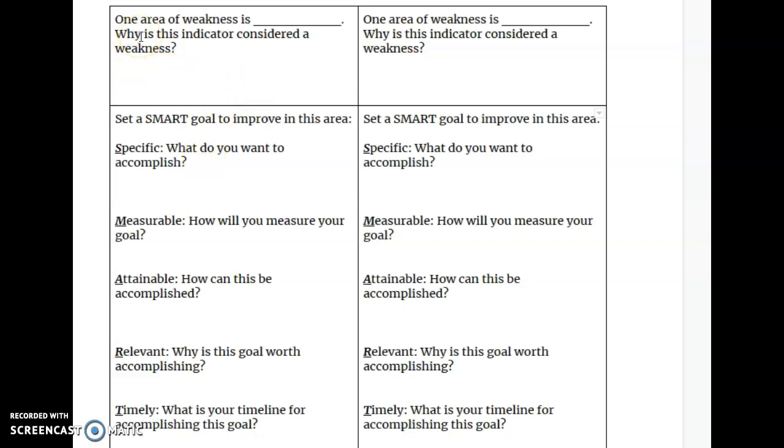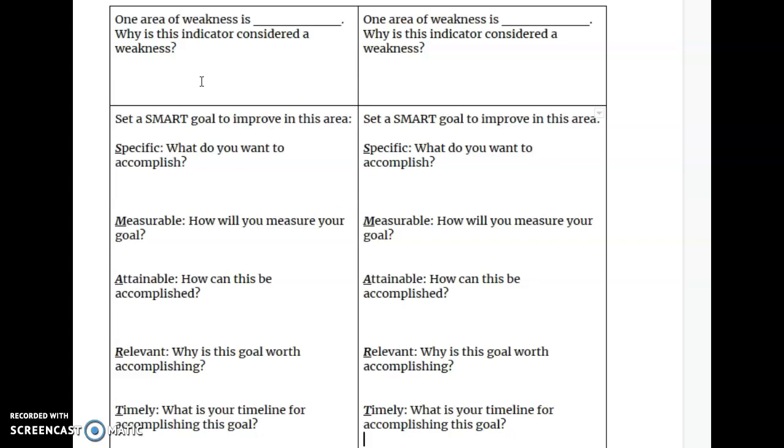So let's think about our student yesterday. Math was weaker on the PSAT, and math was an area where they needed to work according to their MAP scores. So they might say one area of weakness is math, and they would just very briefly say, hey, my PSAT score shows that math is a weak area for me. My MAP score shows this because, and then explain why.